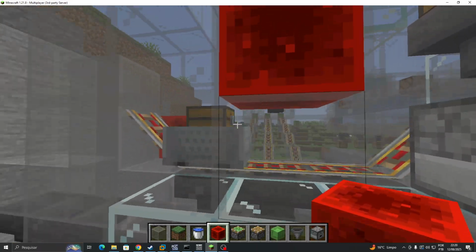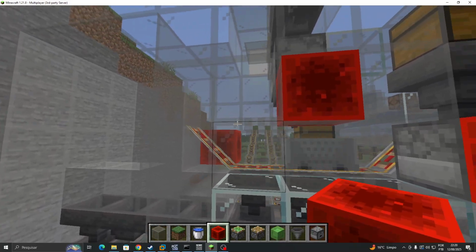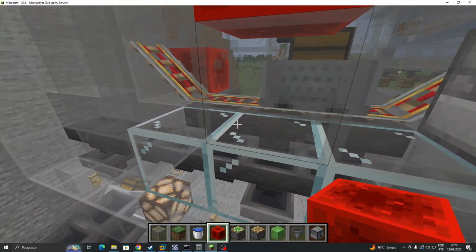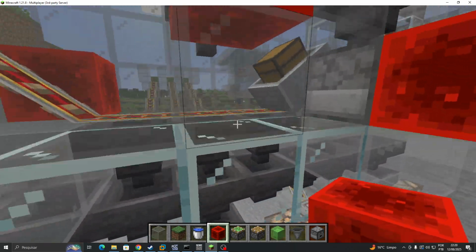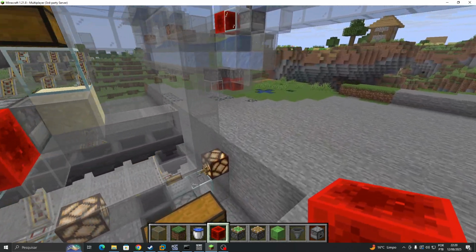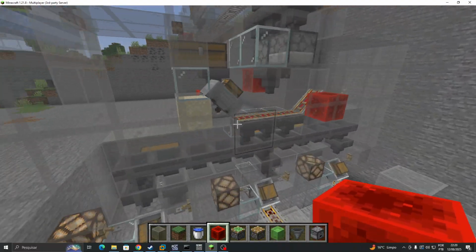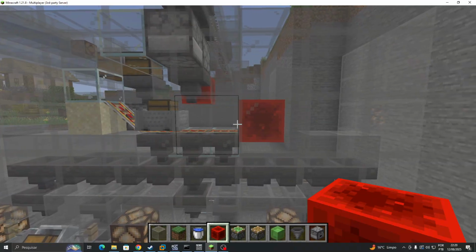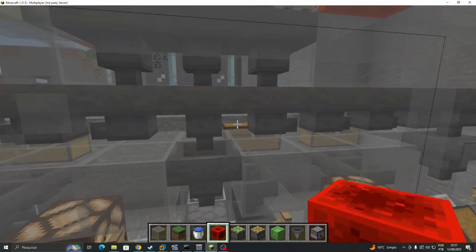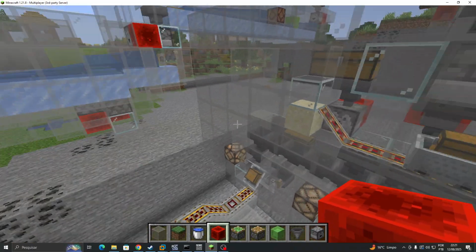And we have a minecart with chests that is placing the items on the hoppers. So you can think, okay, in this example, the minecart with chests will place items on all of the hoppers, but